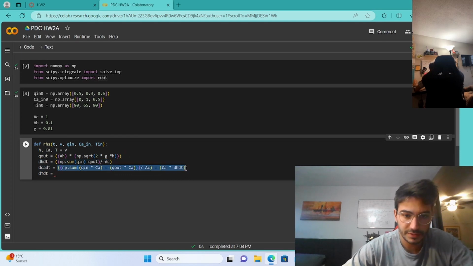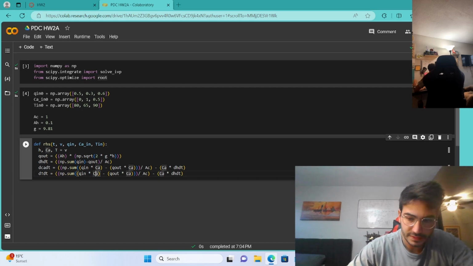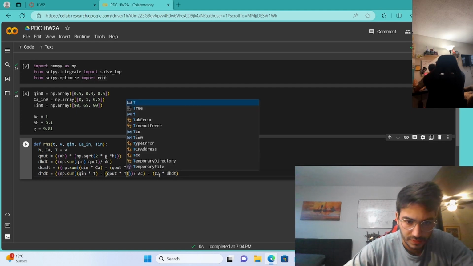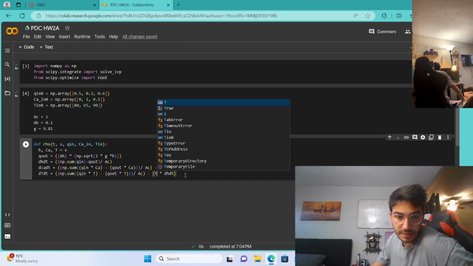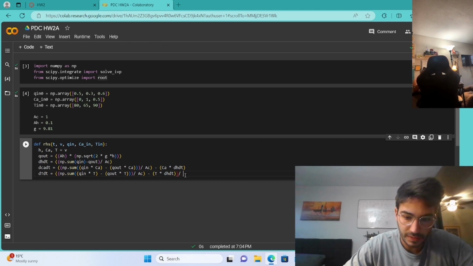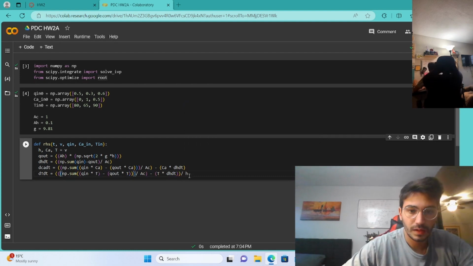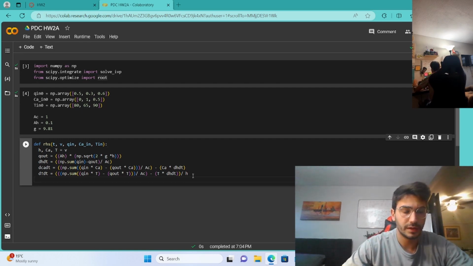Actually, it's very similar to this past one, so I'm just going to copy and paste it for time purposes. But instead of this Ca, we're going to have temperature, right? That's the only thing that changes, if I'm correct. So we're going to have sum Qn T minus Q out T divided by AC minus T times dH dt. And that whole thing is then divided by h. Okay. So that should be good. And then of course we want it to spit out